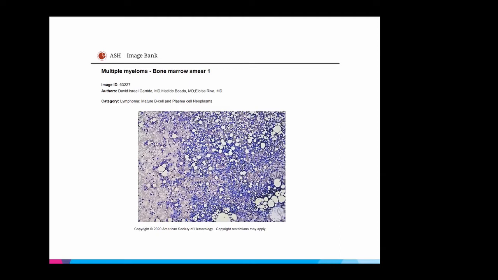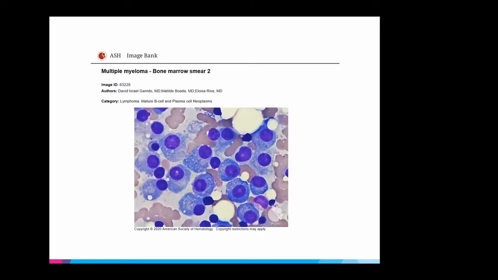This is a picture of a bone marrow. It's pretty heavily infiltrated with plasma cells, which I think if you can use your imagination, you can see some here and here. Sorry, I couldn't get it a little bit higher power, but this is supposed to be an example of a typical bone marrow in a patient with myeloma. This is actually what I think is a beautiful picture of infiltration of plasma cells in a bone marrow. With the exception of a couple of myeloid cells, this bone marrow is almost completely infiltrated with plasma